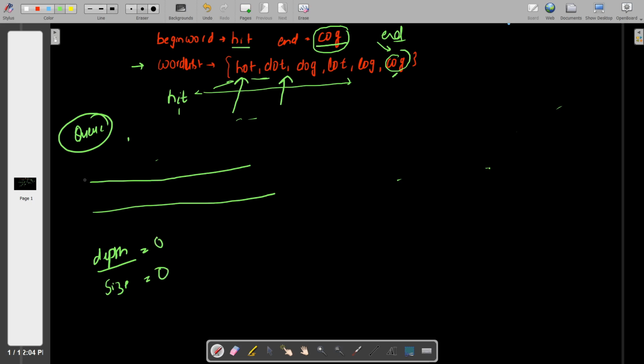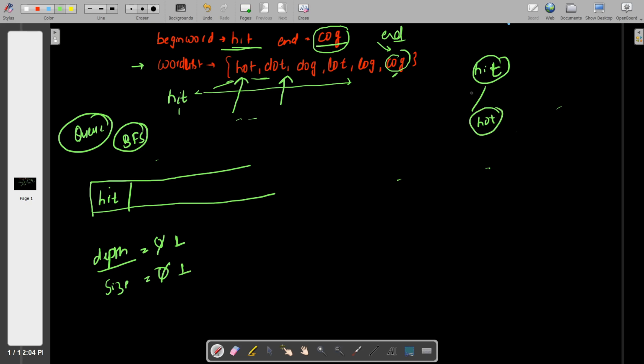So in the BFS algorithm, what I will do first is push the element present at the begin word. So put HIT as the begin word, and after that we increase the depth to 1, and the size of the queue data structure right now is also 1. The depth is 1 because we have reached one position inside. Suppose I consider it just like a graph, then it is HIT, then HIT is converted to HOT, and then we reach one depth inside. Okay, so after that we pop the HIT element,